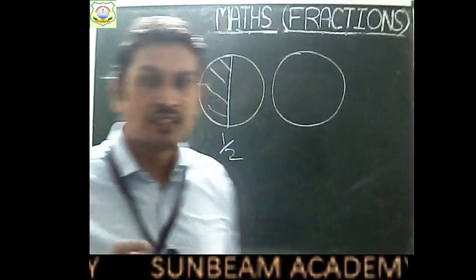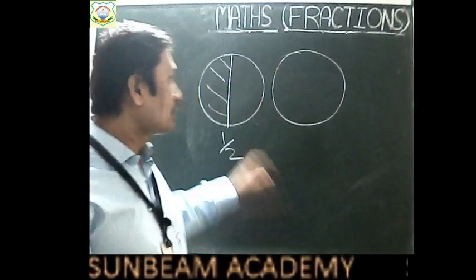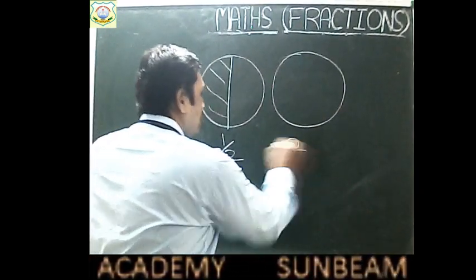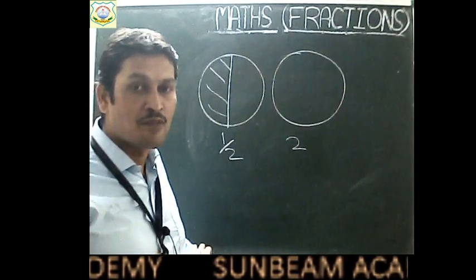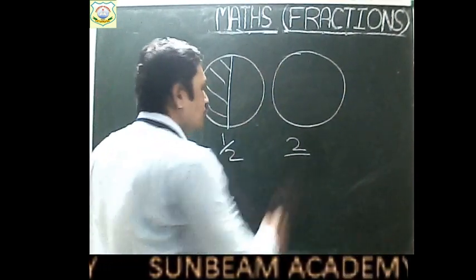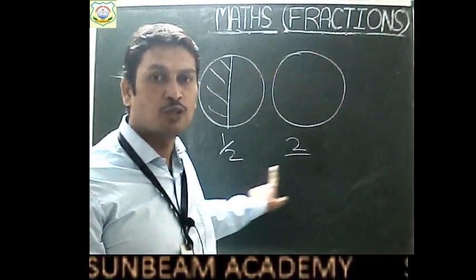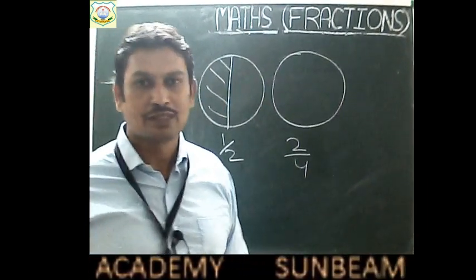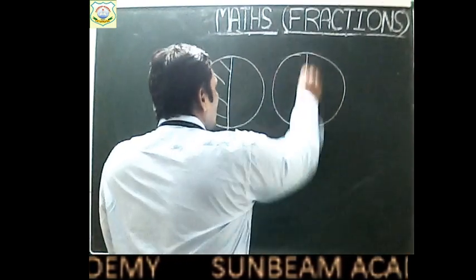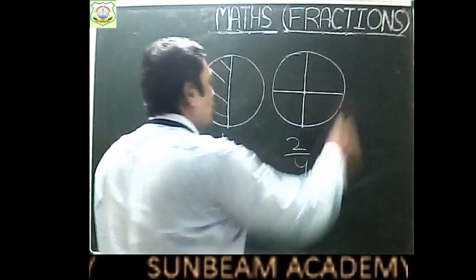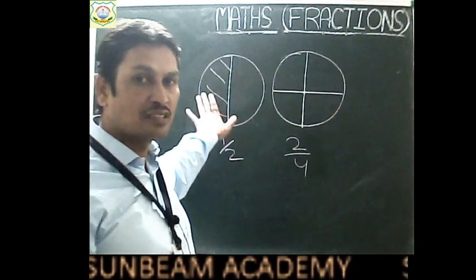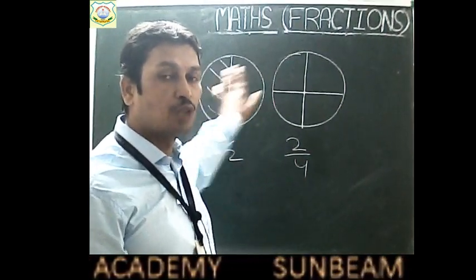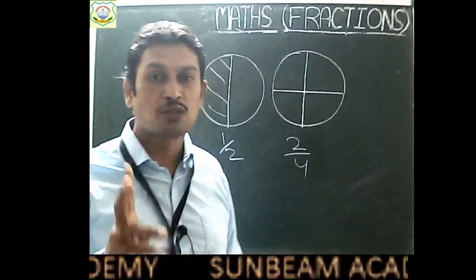So what will your father do, children? You have increased your demand two times. You are asking for two parts, right? So your father will increase the number of partitions also two times. So he will make four partitions now. He will divide the watermelon into four parts. On the first day you were asking for one part only, so he made two partitions and gave one part to you. On the second day you ask for two parts.